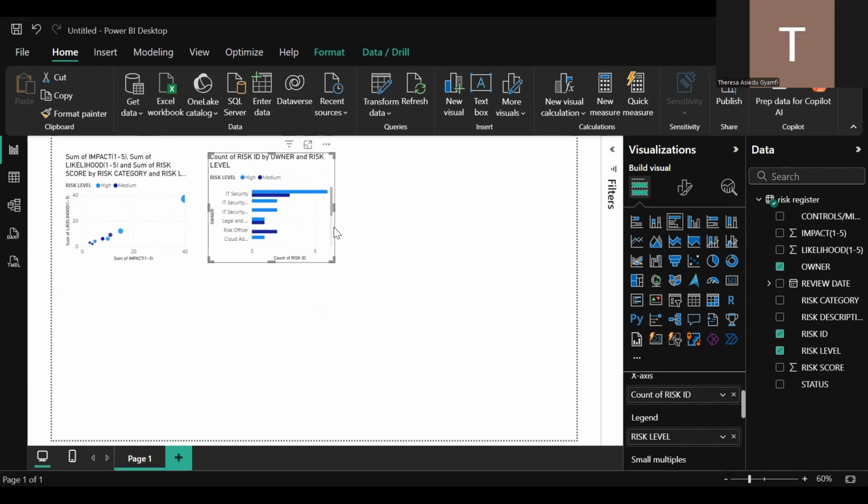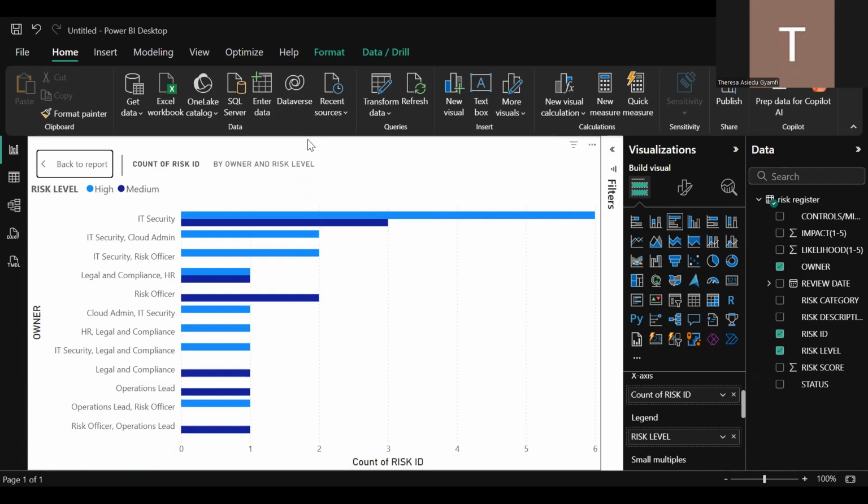Just for presentation sake, that's why I'm doing it like this. It's okay for the video, but when it comes to actually making a report, you can put it in full screen like this, and then edit it as many times as you want. When it comes to formatting the chart,